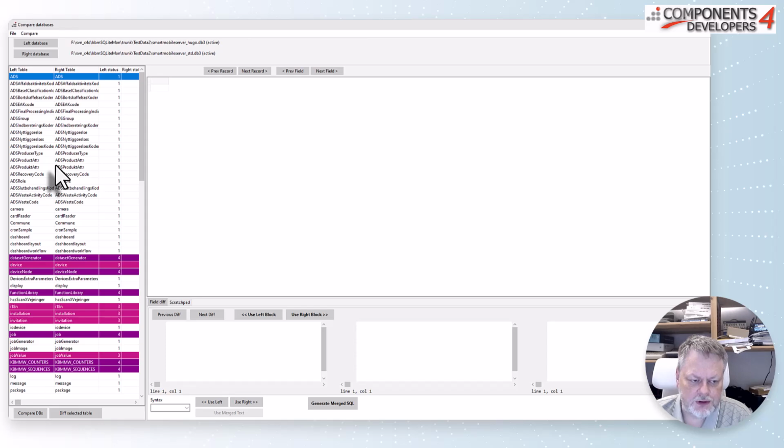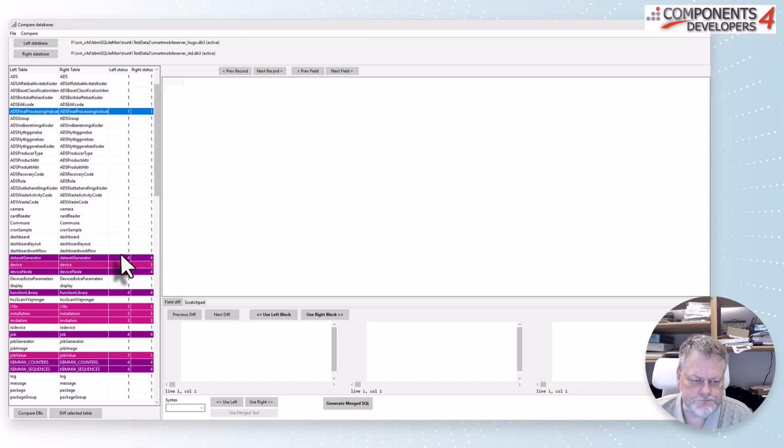And we can see that by color coding also. We have some down here that have a different status, a status of 4. That means that data has been changed in some fields in those tables. A status of 3 means that records have been added or deleted from one of the tables compared to the other one.